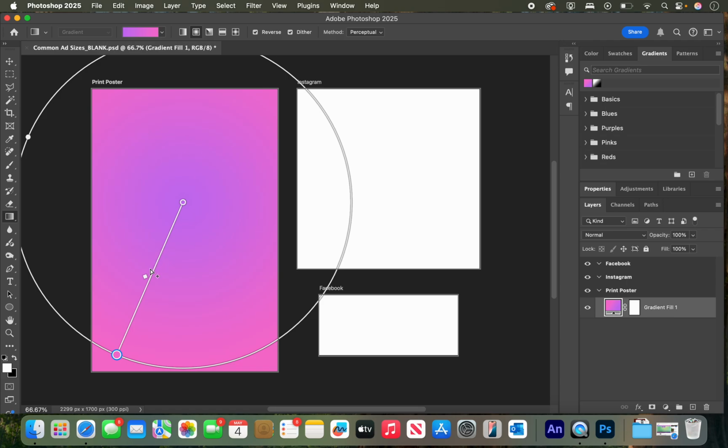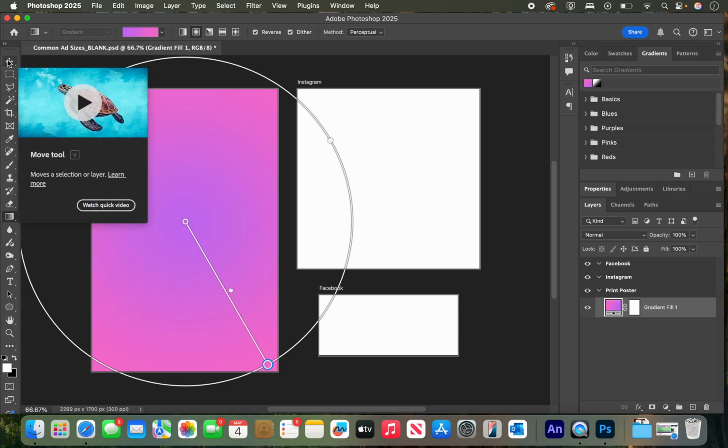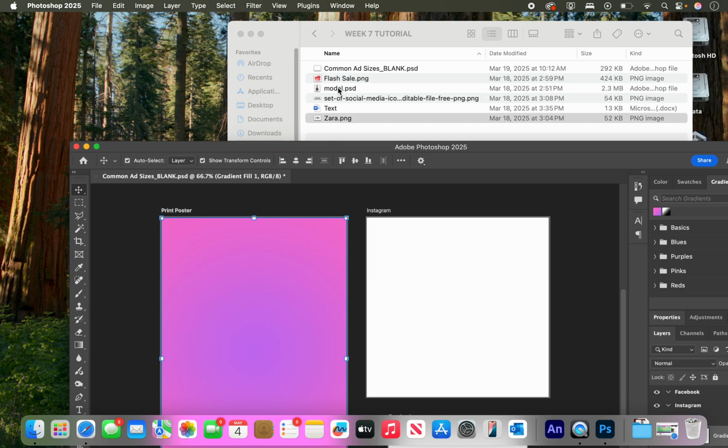You've got kind of a purple in the middle and kind of a pink on the outside. I'll try that again, maybe try to center it a little better. And again, I'm not spending too much time here on the design. I'm just showing you the technique. So there's that fill. Now, we're going to put our model in here, and you're going to find that file